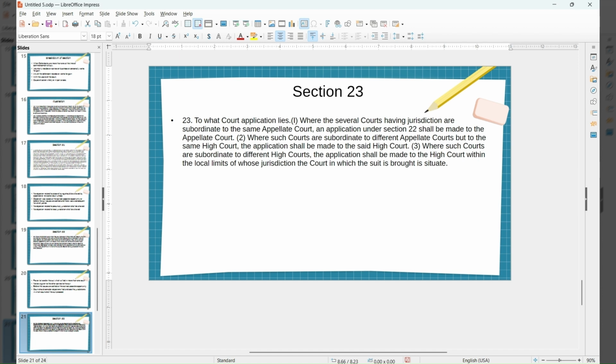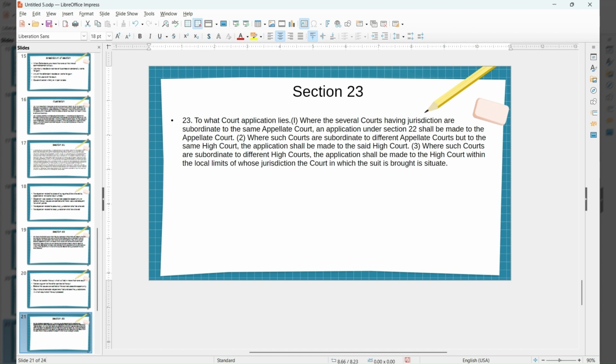For example, court A, where the suit is filed, is under the Delhi High Court, and court B, an alternative jurisdiction court, is under the Punjab and Haryana High Court. Then the application must be made to the Delhi High Court because the suit is filed in a court under Delhi High Court. This is generally done to avoid